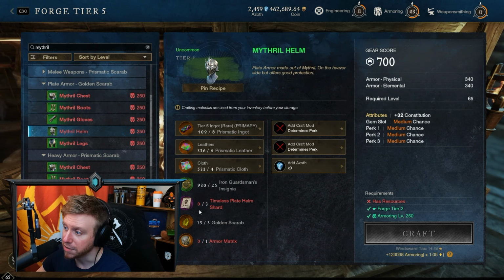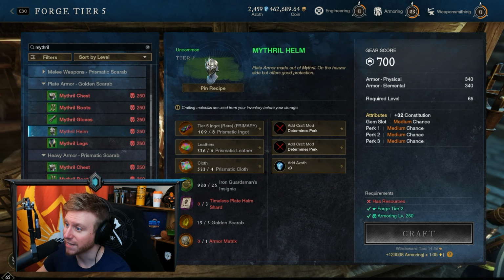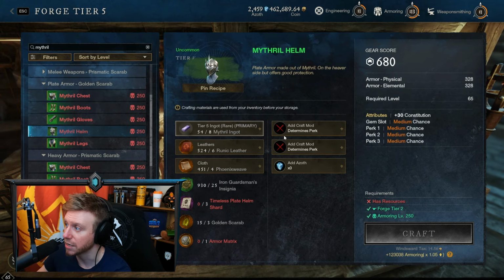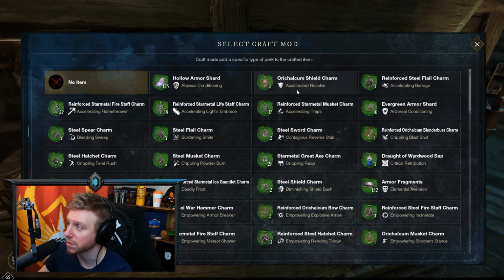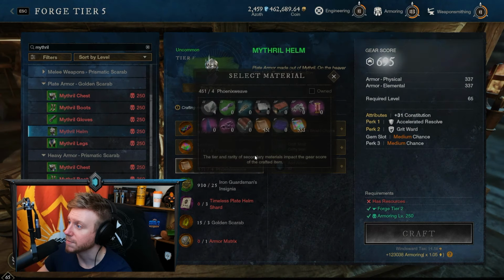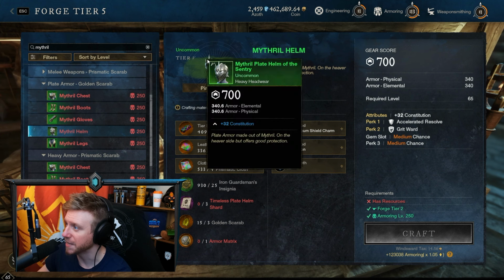One other thing that I want to briefly talk on is golden scarabs versus prismatic scarabs. I would say in most cases you should just craft with a golden scarab. This is going to allow you to lock in 2 perks, so we can choose 2 perks of our choice here. We will need to choose the highest tier materials. Here we go. And this is going to make a 2 perk 700 gear score item with the stat that